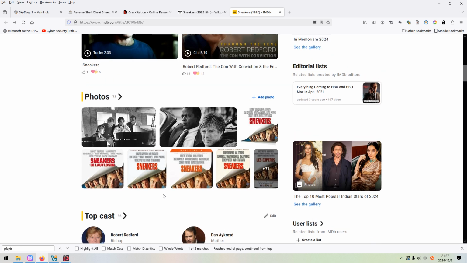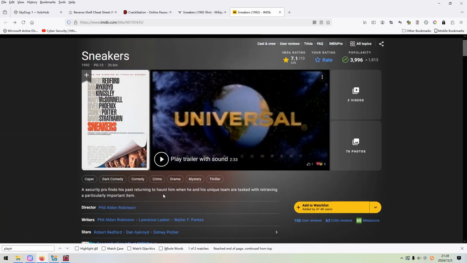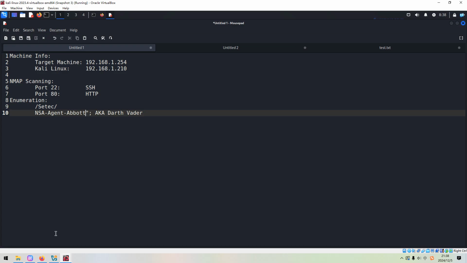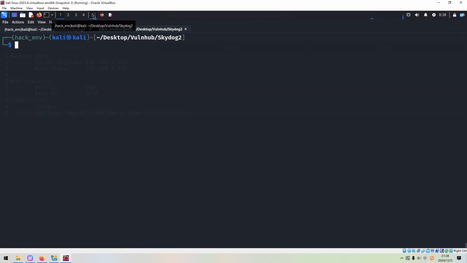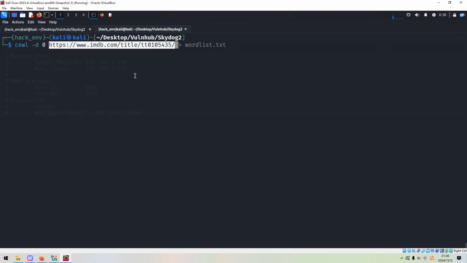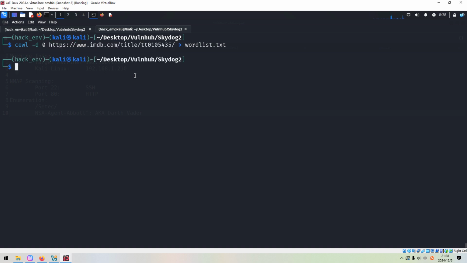And also you can open up this page. And next, we need to create the word list from this page. For example, we can copy, and then we can use the Q command and paste over here. I already use the Q a lot.